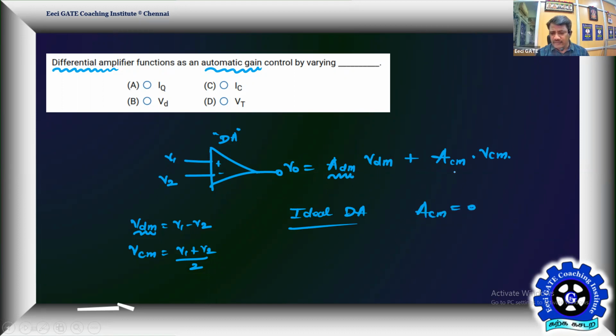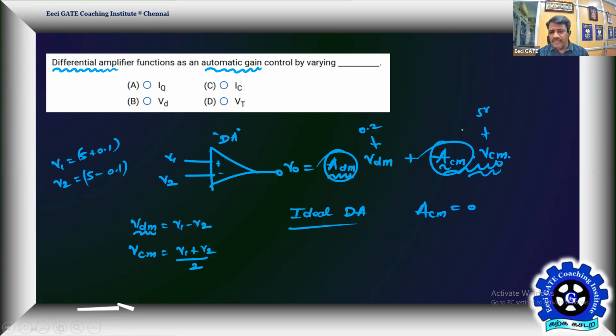It means that the presence of any common mode component in V1 and V2, for example V1 may be 5 plus 0.1 and V2 may be 5 minus 0.1. So what is commonly existing in them? 5 is the one commonly existing. Even a small gain given for such a strong voltage of 5 volt, and VDM is such a small signal, see that the difference is only around 0.2. Even if we have a higher gain for ADM, even a small gain for ACM is going to be more than this one. So therefore, we never want the presence of ACM into VCM component.